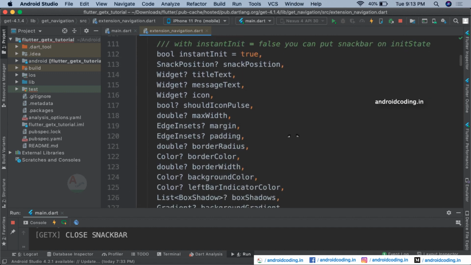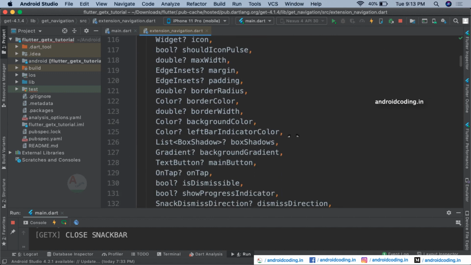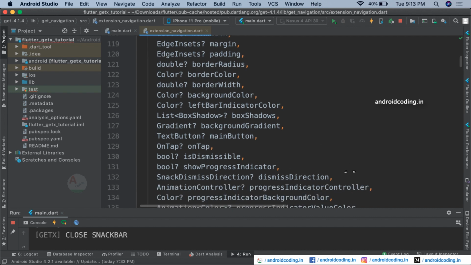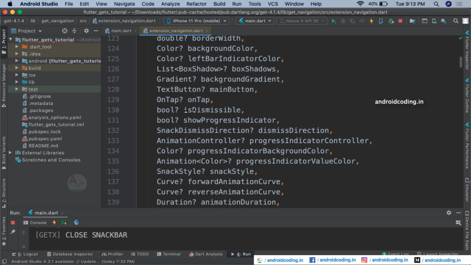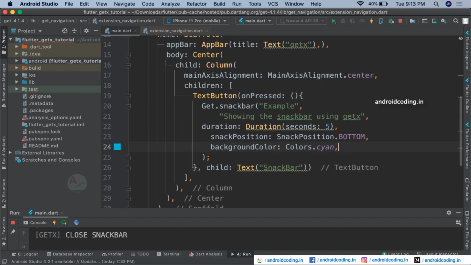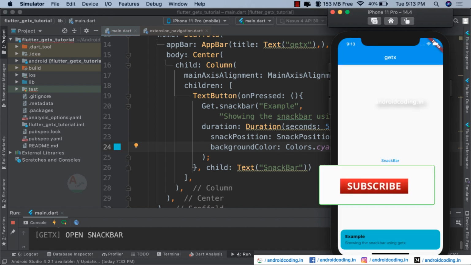So this is an easy way to handle a snack bar. Sometimes based on the context you might experience some crashes, so you can avoid those issues by using this way.